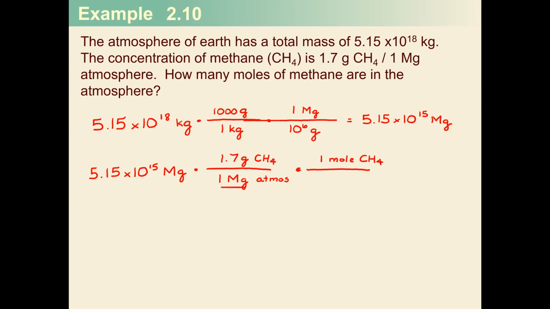So if I've got carbon and 4 hydrogens, that is going to be 16 grams of my CH4. So my megagrams and megagrams are canceled. My grams of methane cancel, and I'm left with moles of methane. And if I've done this calculation correctly, I will get 5.47 times 10 to the 14th moles